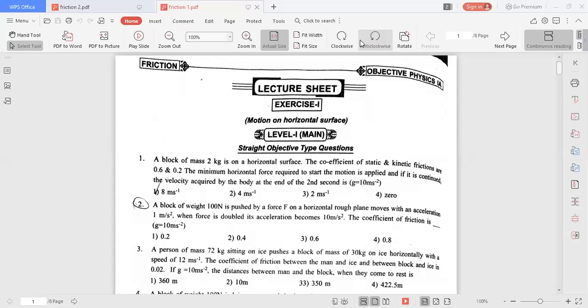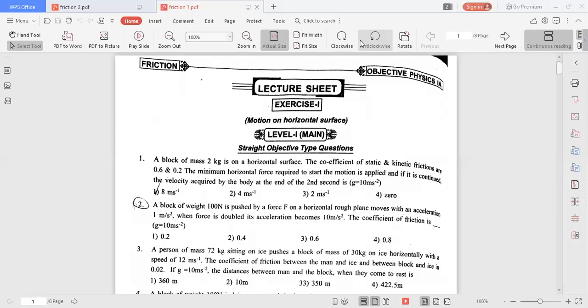Then the coefficient of friction between the blocks and the surface, mu1 and mu2, is equal to 0.1. The force of contact between the two is asked. So here, definitely, if we apply the external force F on this block, these two blocks will be in contact. When you push the 3 kg block by applying the force like this, the applied force F is equal to 20 Newton. In that case, what is the contact force between the two blocks?